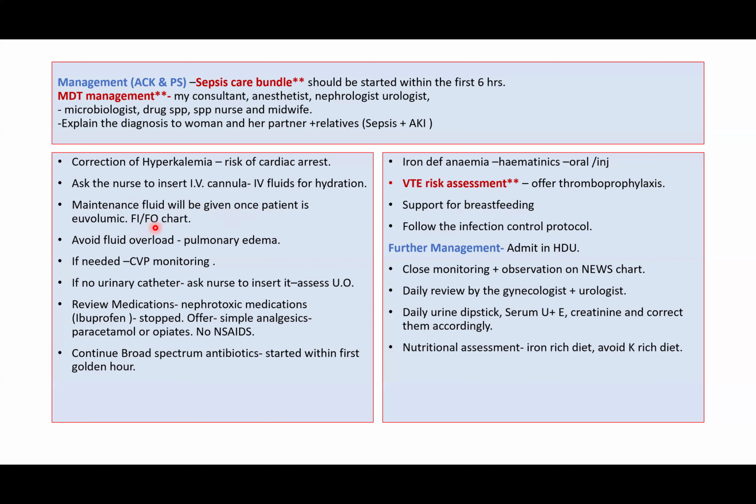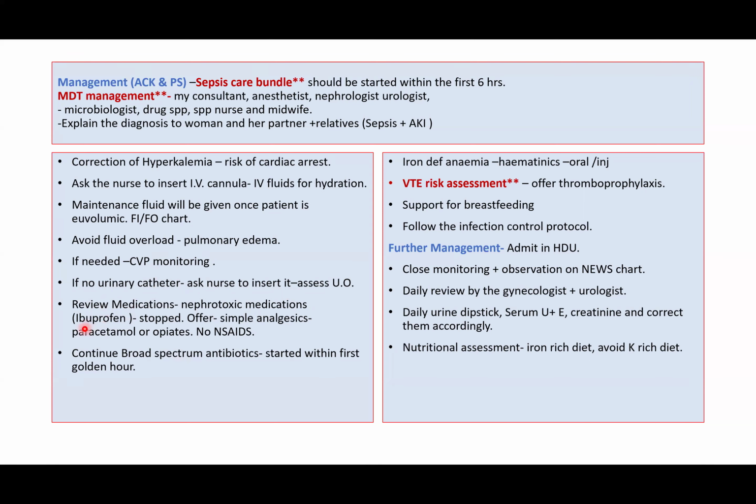We have to maintain the fluid input, fluid output chart, avoid fluid overload because it can cause pulmonary edema. If needed, central venous pressure monitoring has to be done. If there is no urinary catheter, then I will be asking my nurse to insert it to assess the urine output. Then I will be reviewing the medications, and if she's on